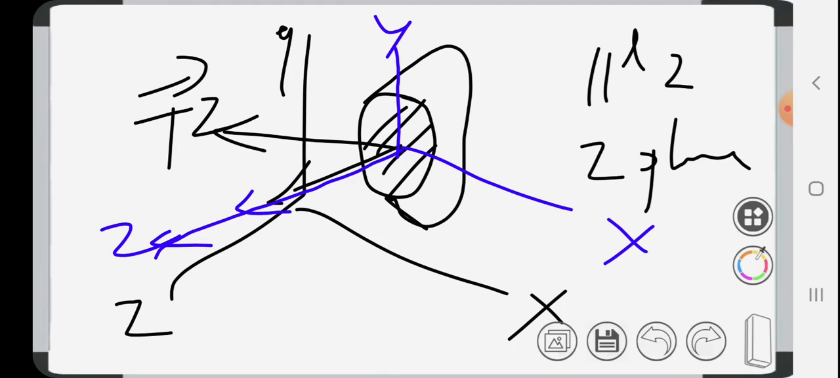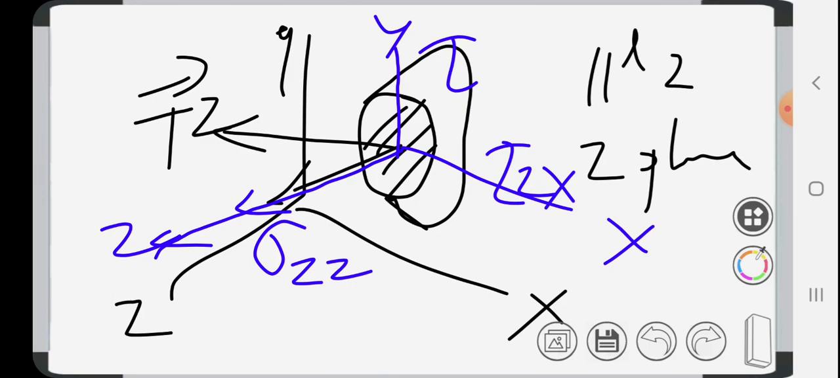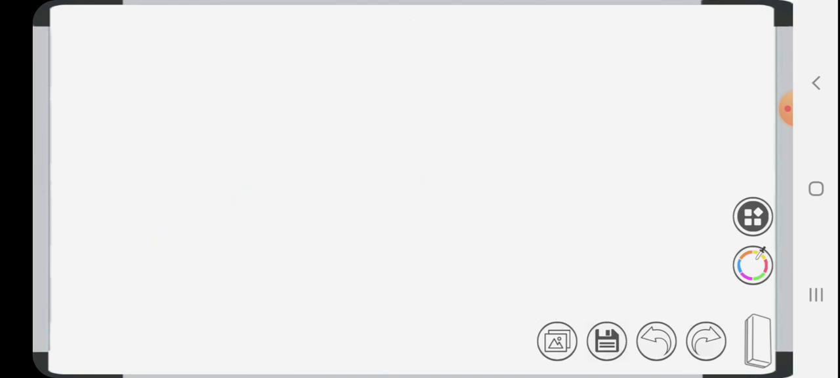So what will be this component? This component will be sigma acting in the z plane in the z direction. This is tau zx. This is tau zy. So students, if we are having any point P, one can draw three mutually perpendicular